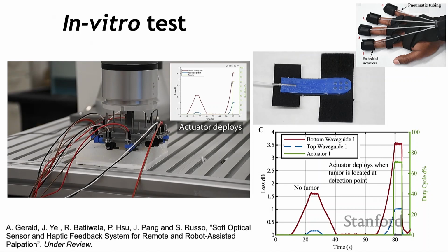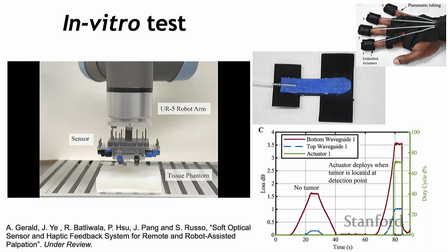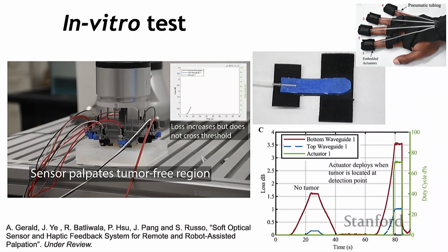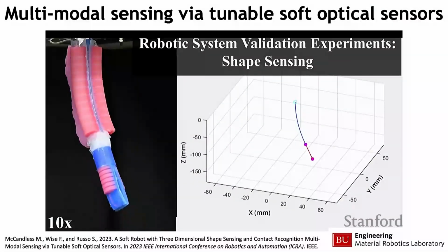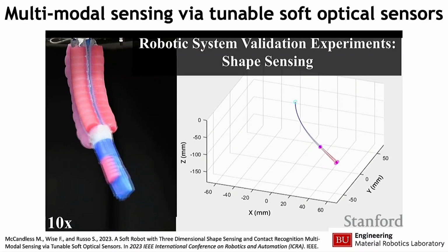And when we are basically sensing that tumor, these actuators are going to return that haptic feedback back to the surgeon. And this is a paper actually that we currently have under review. But again, there is so much more that you can do with this soft optical sensing technology that we have developed,